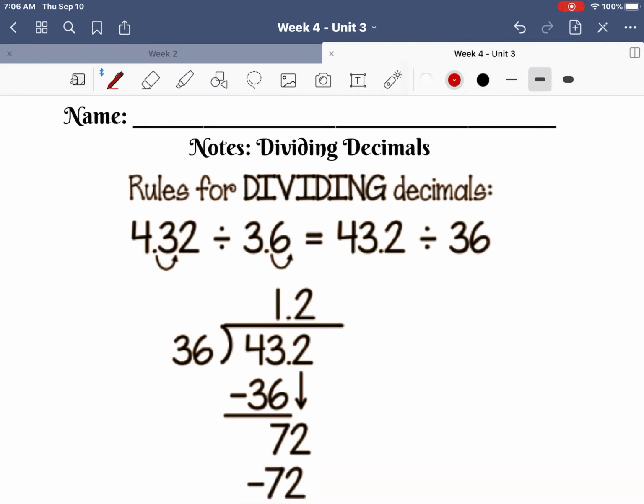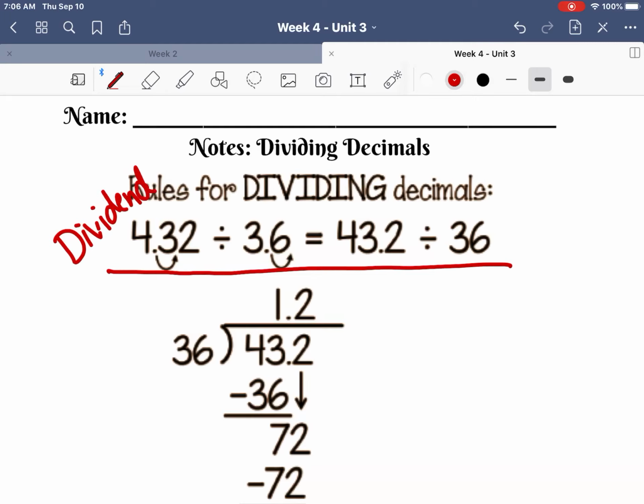First of all, let's talk about this equation here. It says 4 and 32 hundredths divided by 3 and 6 tenths. This equation right here cannot be changed around. 3 and 6 tenths divided by 4 and 32 hundredths is not the same. You can only do division in one way. The first number is your dividend. The second number is your